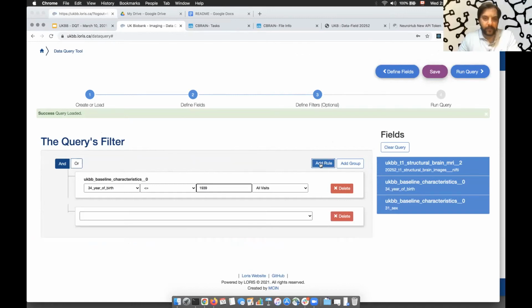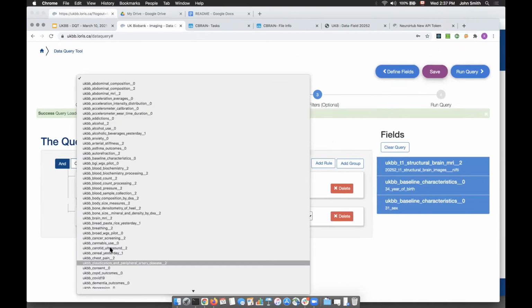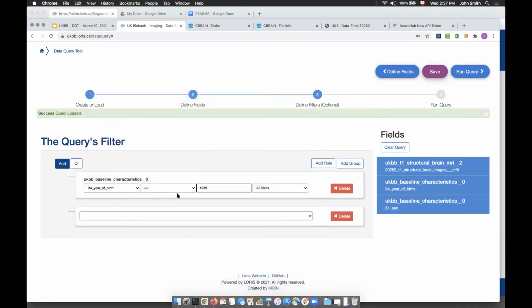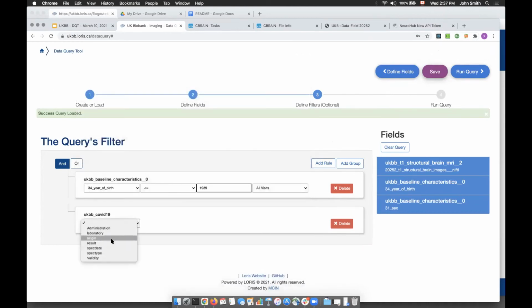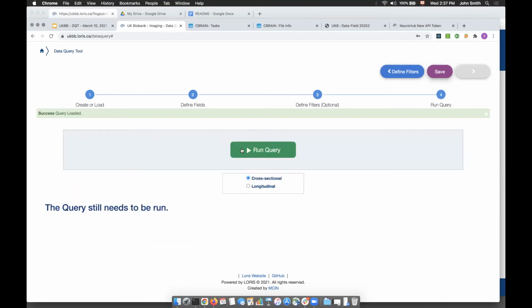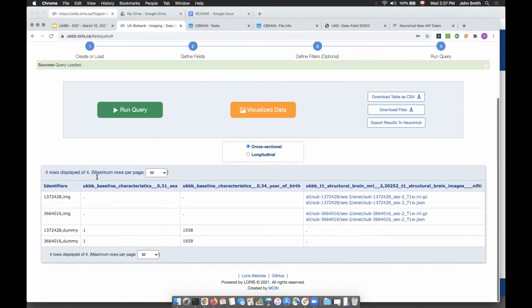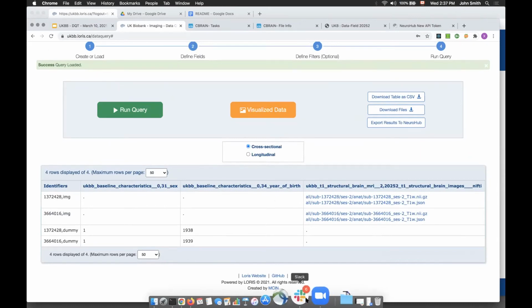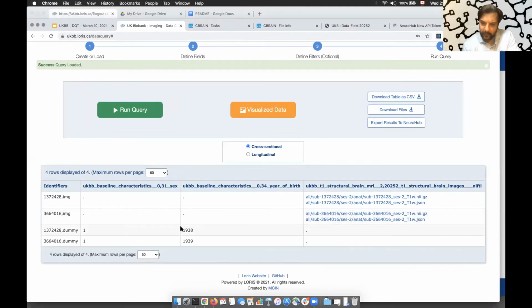Adding a filter of some kind, I've chosen the COVID one, just because we did not know how many people will run the same set of tasks in parallel. So adding a filter there, running the query. The default view with cross-sectional, there should be 4 columns. Hopefully this is more clear?